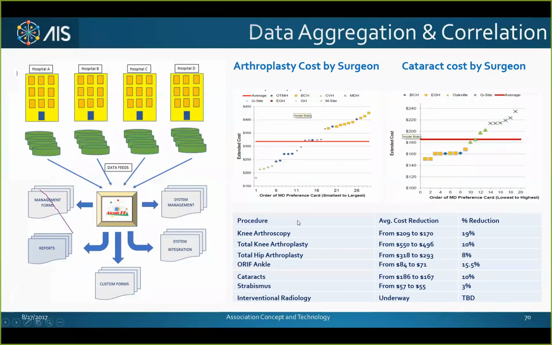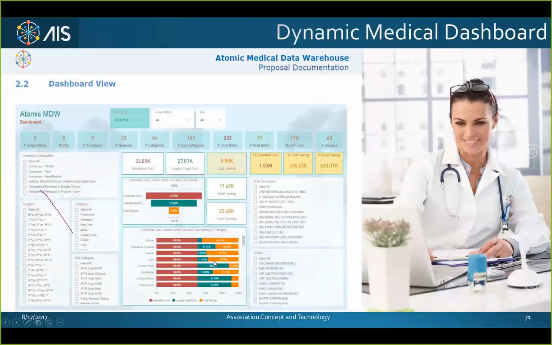So this is some of the costs, as I said. We took hospitals and we simply consolidated that data and returned it. And we're able, on Arthropos, to track where the money was being lost, where the money was being made. And we established cost reductions, as you can see, 19%, 10%, 8%, across the board. And those are significant in the healthcare industry, which is screaming even for 1%.